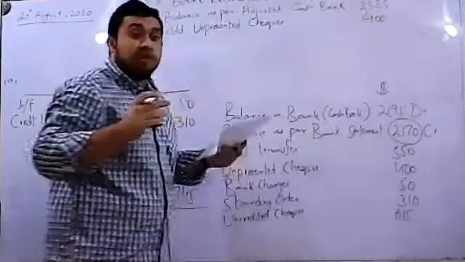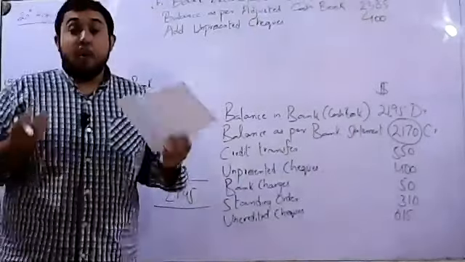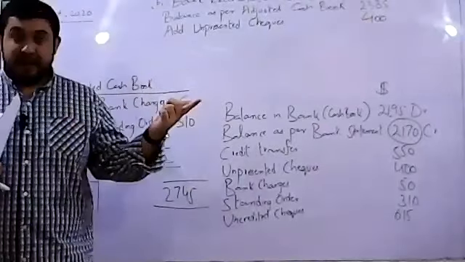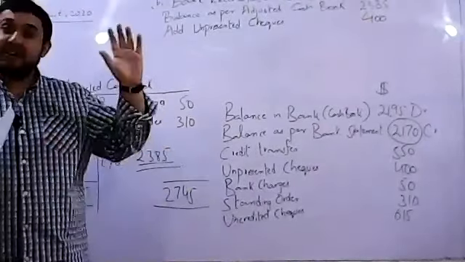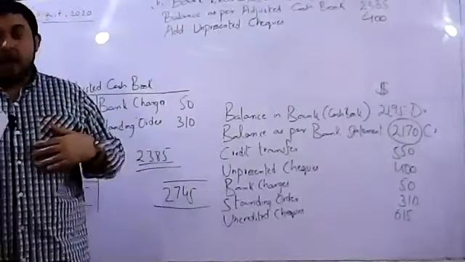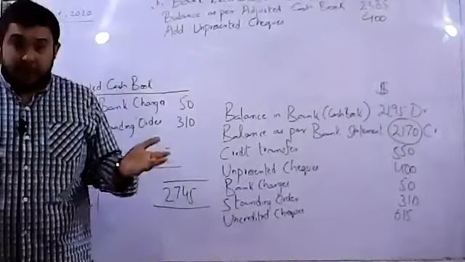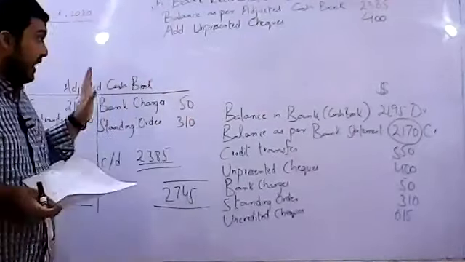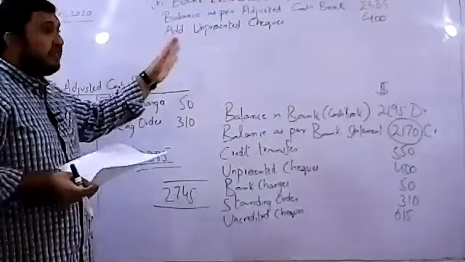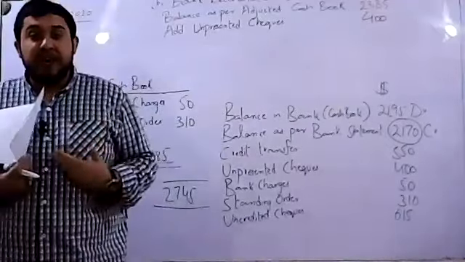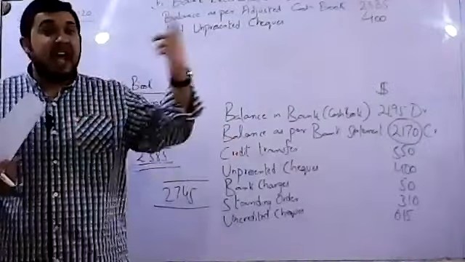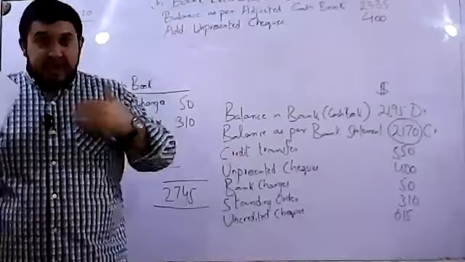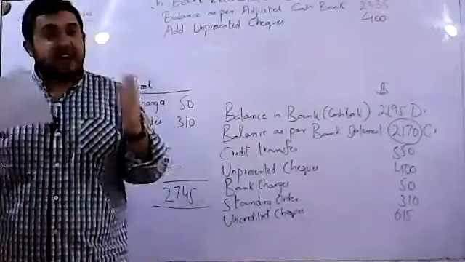Now I would like to repeat it once again. Why do we add unpresented checks? Remember one thing, that we have to follow the bank in order to reconcile the balances. Whatever the bank has recorded, we will record that. Whatever the bank has not recorded, we won't be recording that. In fact, we would be taking out the effect of that transaction. Unpresented checks are all those checks that we paid to our suppliers, but they haven't taken the payment from our bank account yet. Now, when we paid the checks, obviously we credited our cash book.